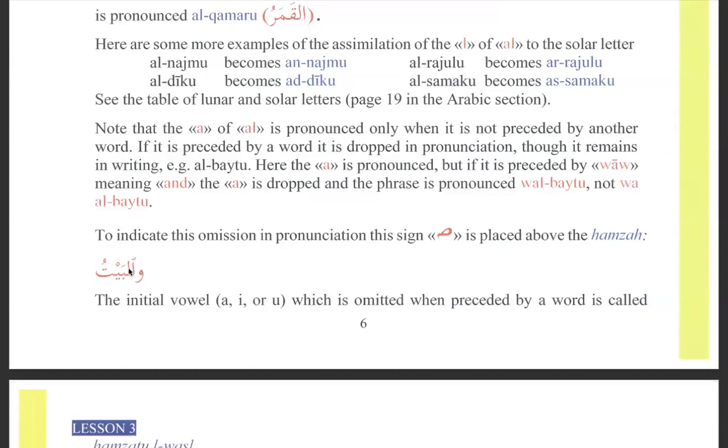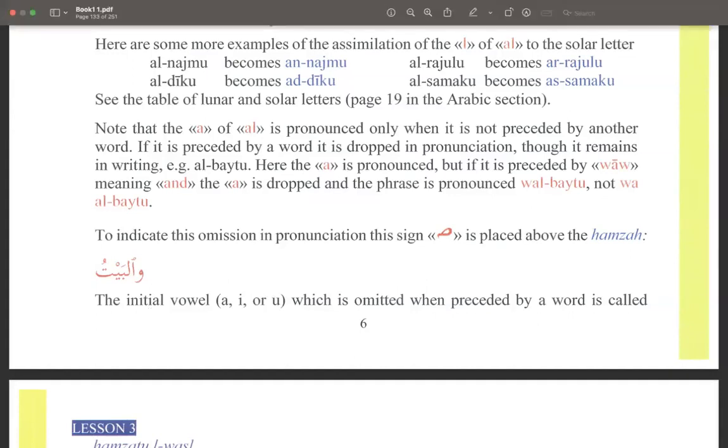You do not read the alif, and that's why he says that the sign is put there to let you know. If you use a copy of the Quran published in Madina or in the Arab countries, you will see this sign here. You guys see this? What does it mean? It means that the hamza will not be pronounced. Did everyone understand that so far? Everyone understood this?